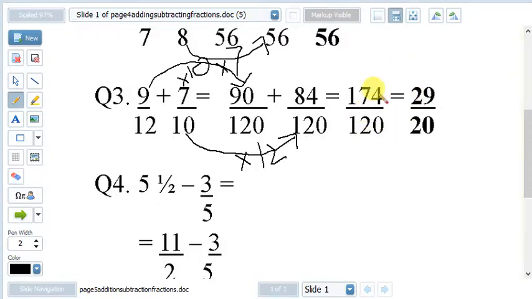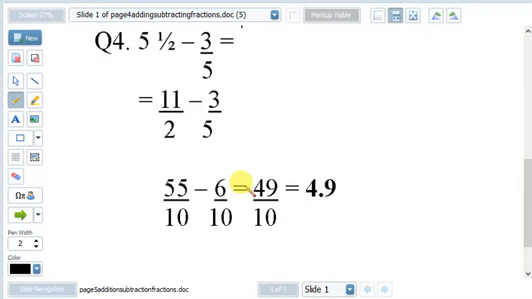So now we simplify, and I've just divided straight by 6 because that is the highest common factor, but you can divide by 2, divide by 2, divide by 2, etc. As long as every time that you can simplify a fraction, you do, because you get more marks for that in exams. So last question,